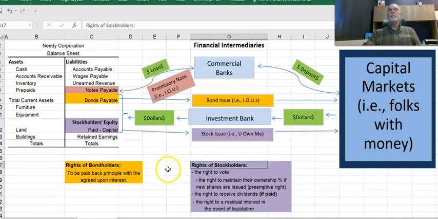On the other hand, if you purchase a share of stock, you're getting no guarantees. You're not guaranteed the price will ever go up. You're not guaranteed that you'll ever get a dividend. Remember, a dividend is a distribution of profit, and there's no guarantee the company will be profitable. And if there's no profit, there's nothing to pay in a dividend. So a stockholder doesn't have any guarantees, but they do have some rights.